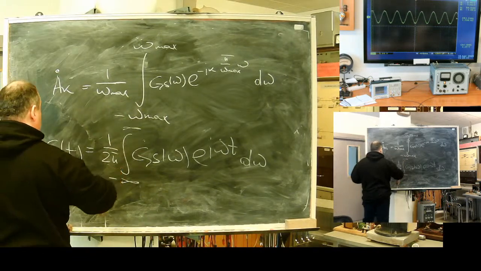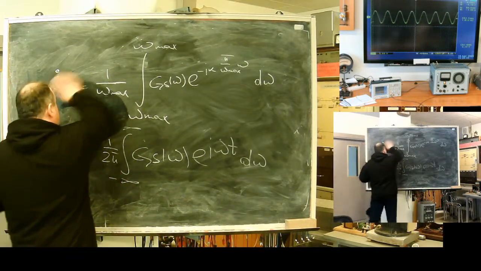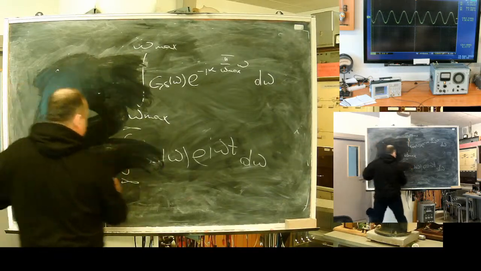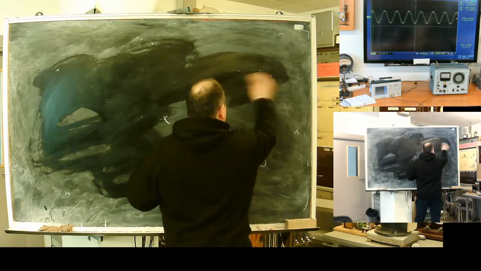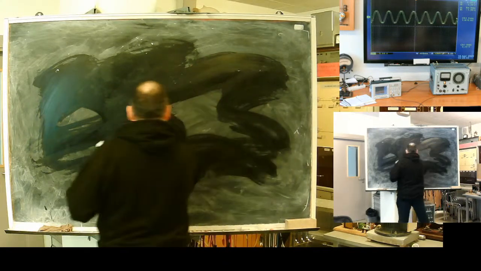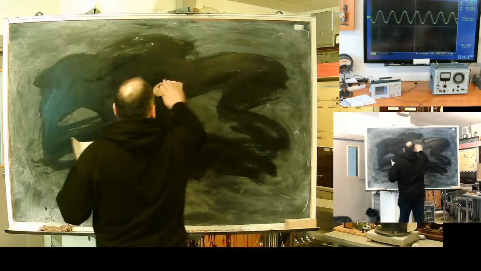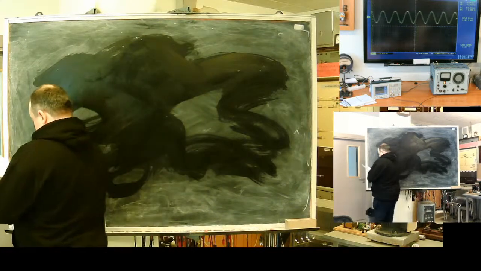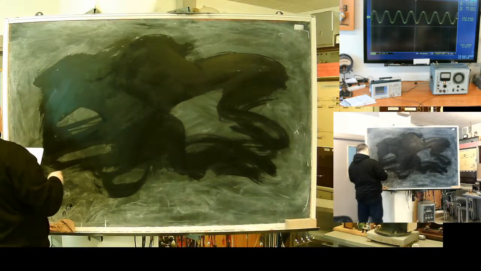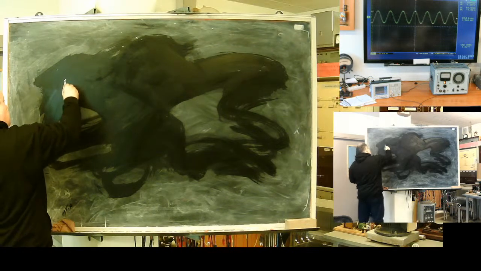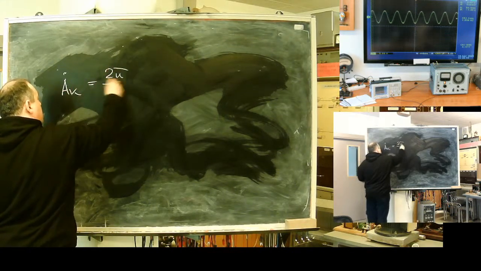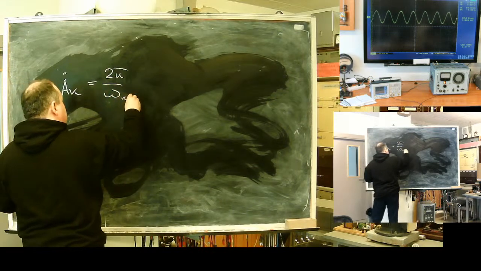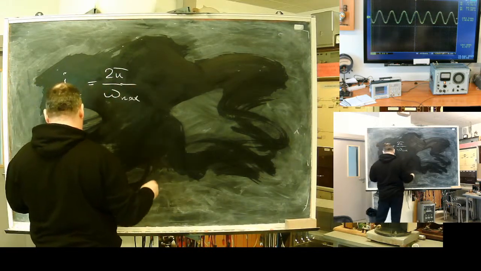These parts are common, so the right parts are very similar. Meaning I can do such a trick, like a substitution, I will have pi divided by omega max,